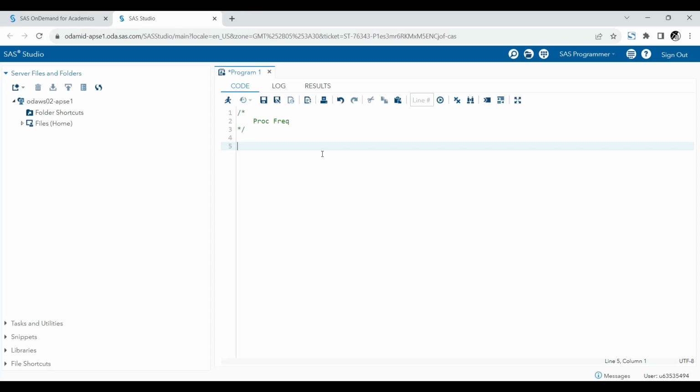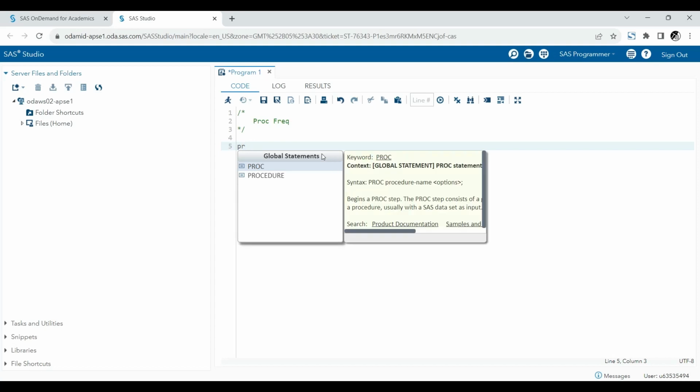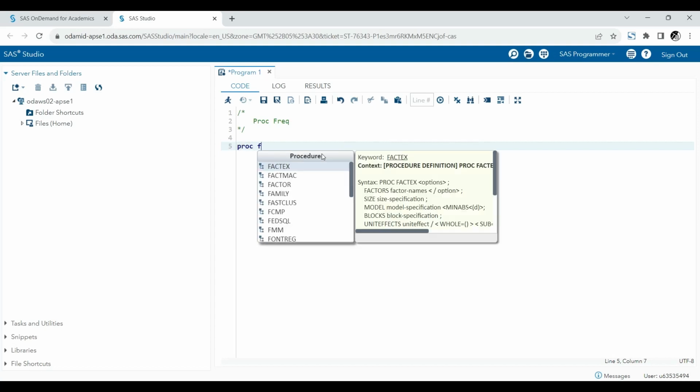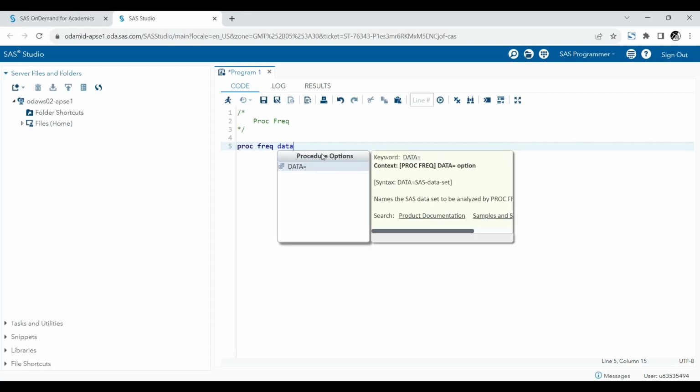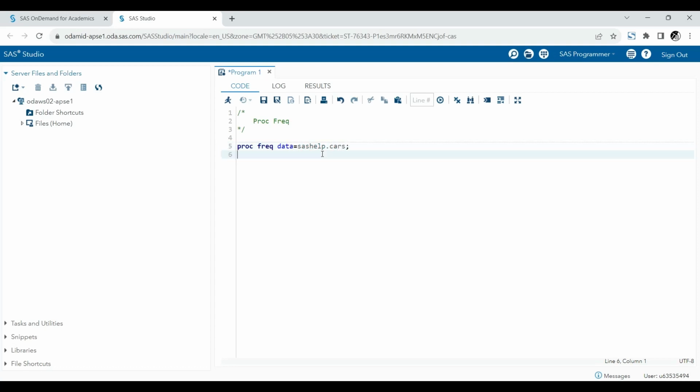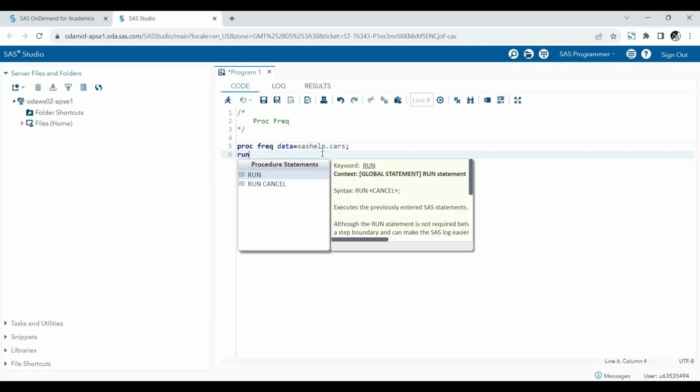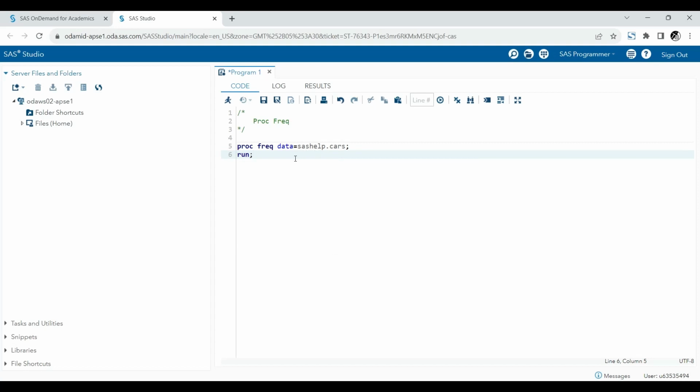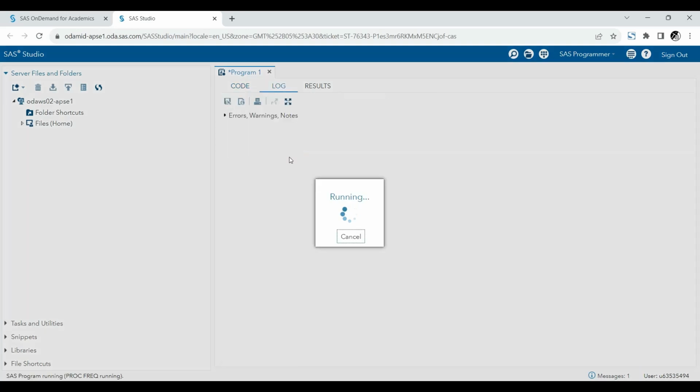So for Proc Freq, we use PROC FREQ followed by data. We need to pass here the data set name. So I'll use SASHELP.cars here. Okay, and I'll run it. So this is the general syntax for proc frequency or proc freq. When I run this,